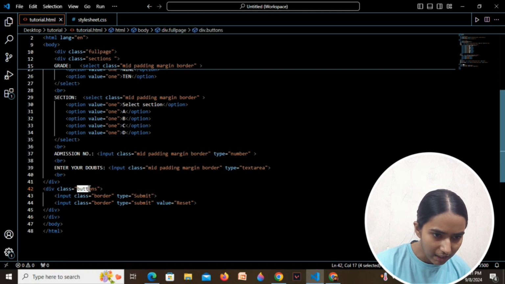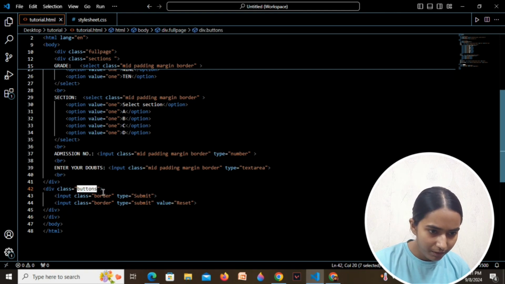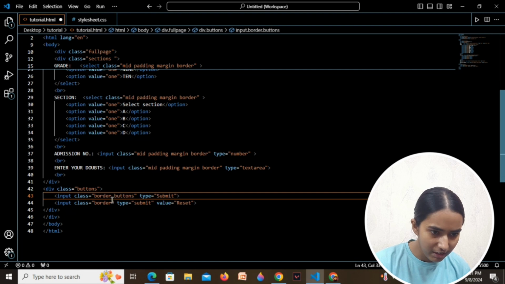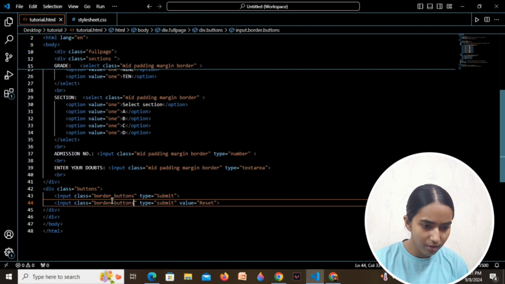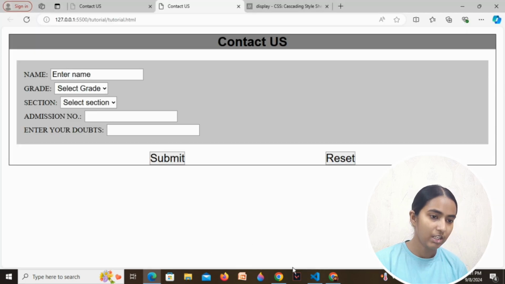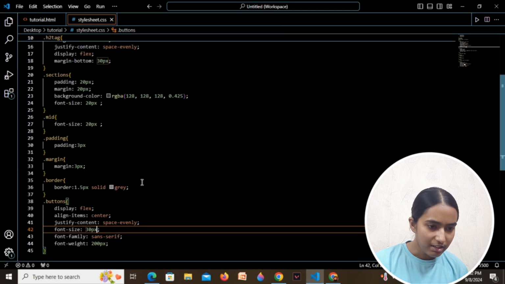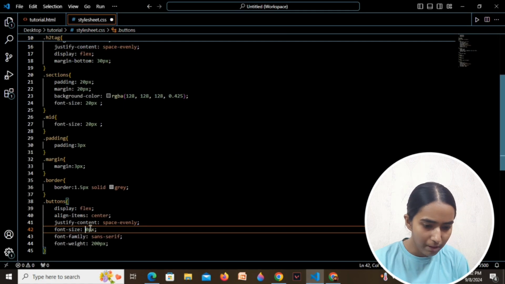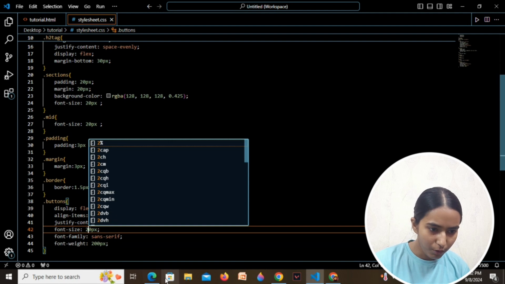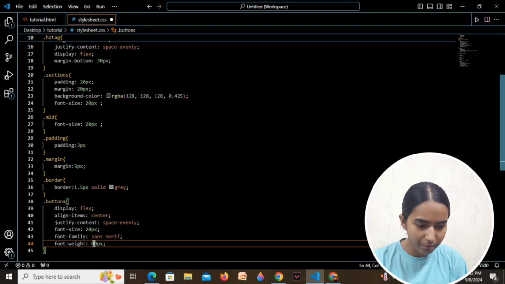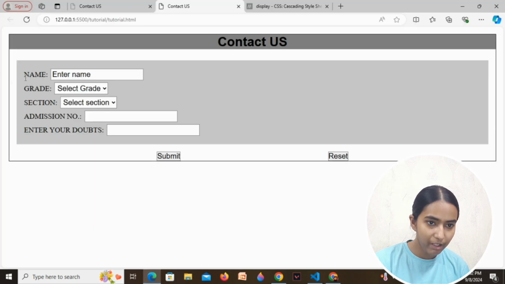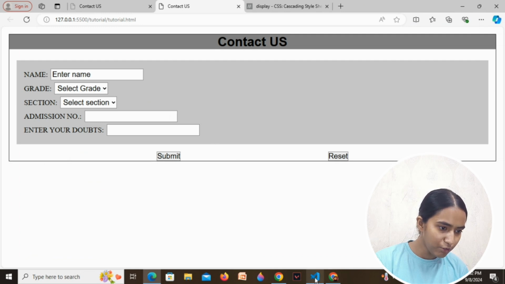So one thing is that I'll add this buttons over here and then I'll see the difference. See, the submit and the reset button have increased in size. Now let me decrease the size to 20 pixels. Font weight, let me increase it to 500 to make it a little bold. This seems to be good.